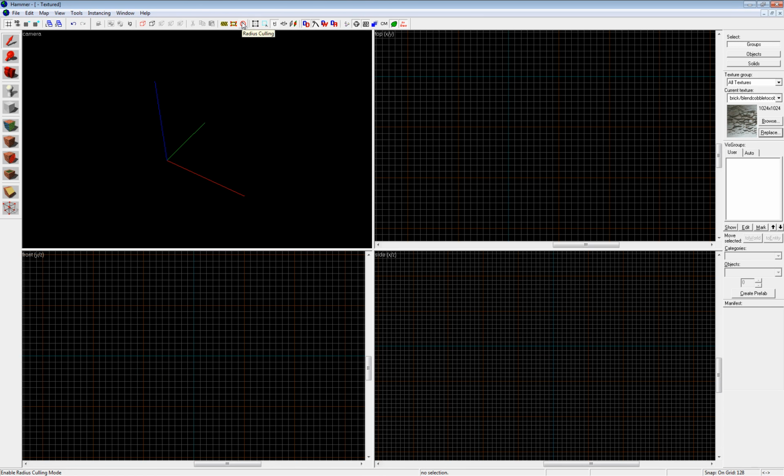Radius culling you don't need to care about really. Any of these things, they're not really useful. Texture lock,